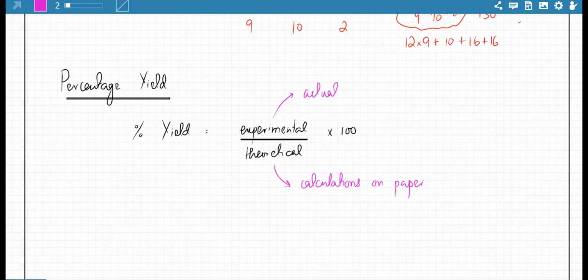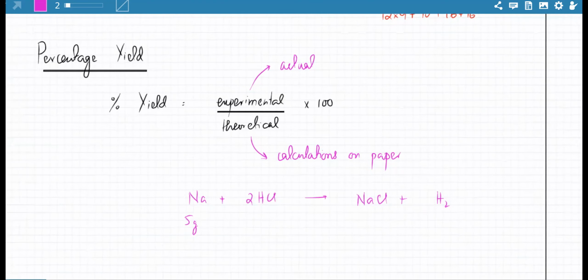So for example, you have a reaction and there's sodium and it's going to react and produce NaCl and H2, right? And this is a balanced equation, and you're being asked what mass of H2 would be produced from 5 grams of sodium. Whatever you do on paper, whatever you do on your calculator, that's basically theoretical. You're not performing any reaction, so you can quickly find the moles of sodium, which would be